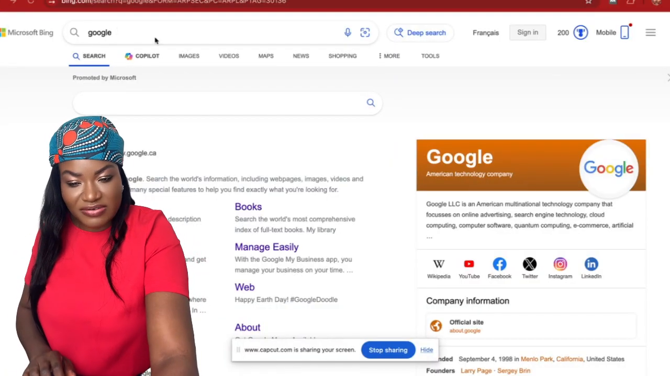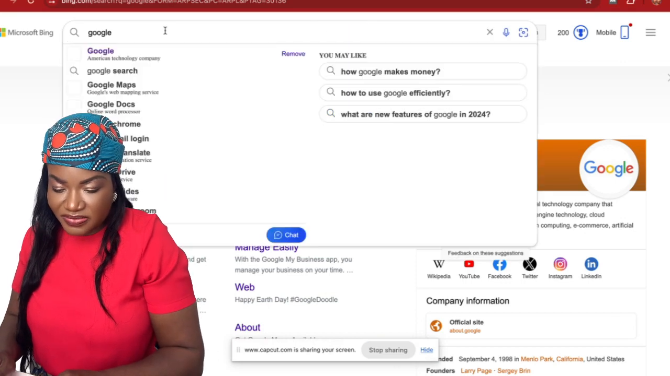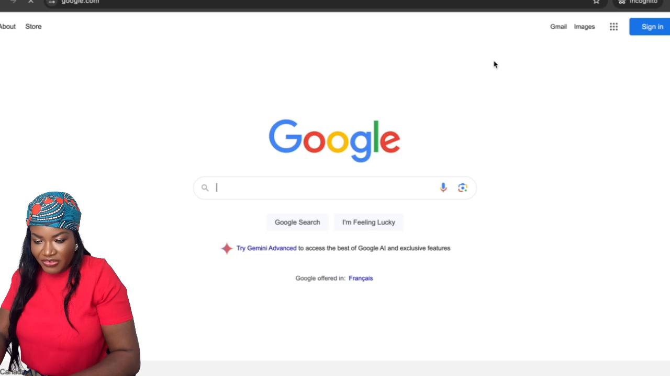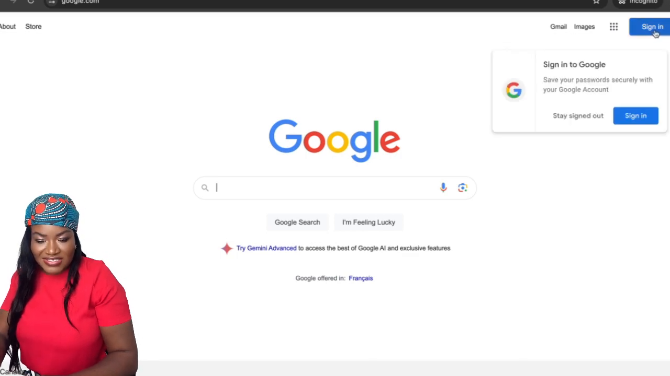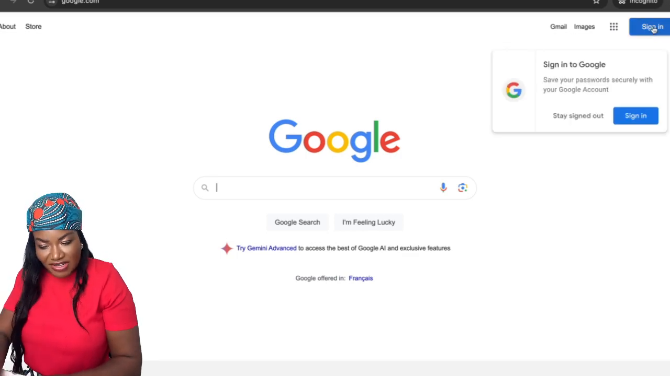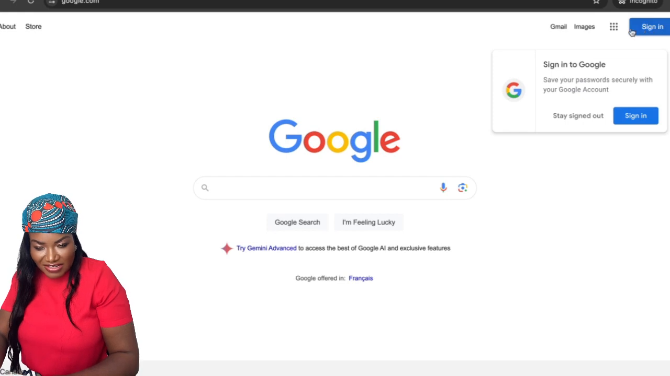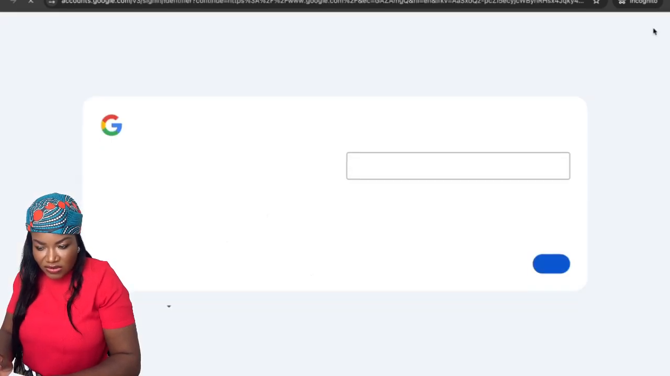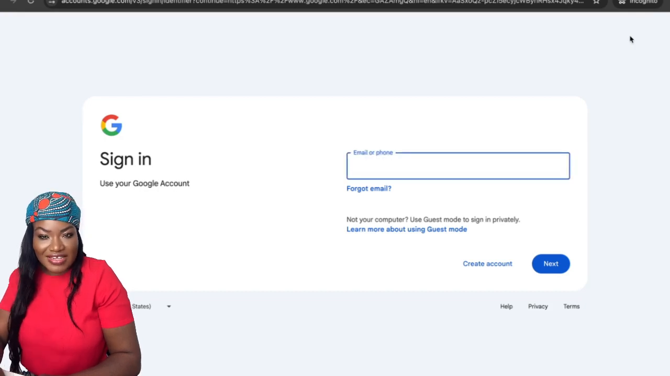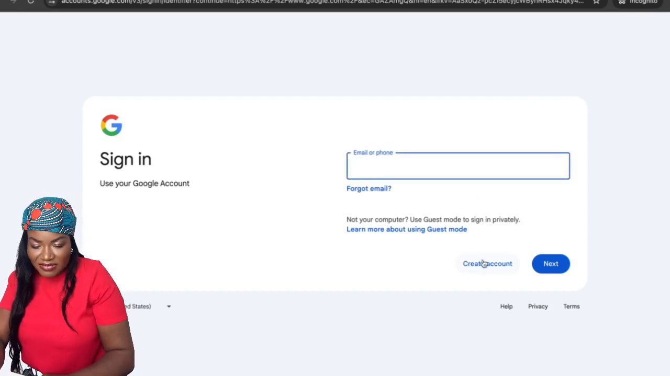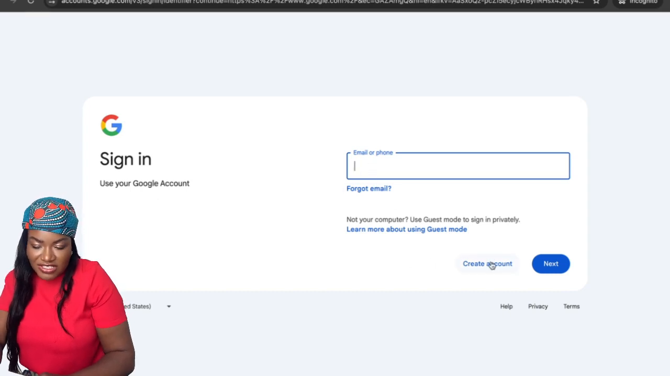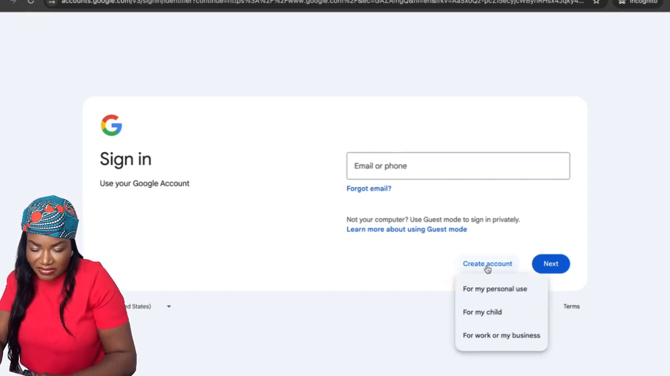Once you go on your web browser, you see this icon here, it says sign in. But since you don't have an account, you cannot sign in yet, right? So you click on sign in, and then you come here. You don't have an account, so you cannot put in any username. So you see the create an account. Click on that,